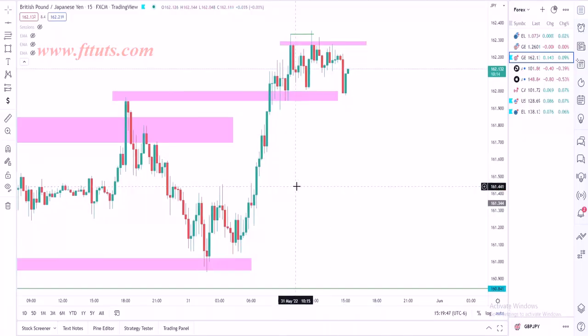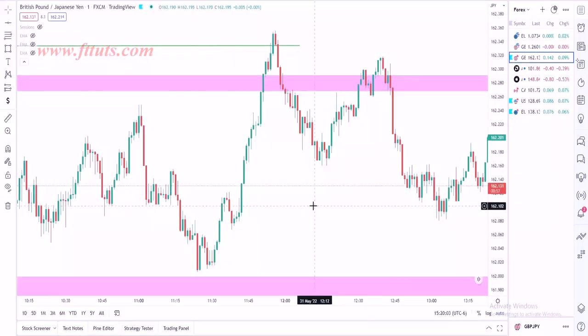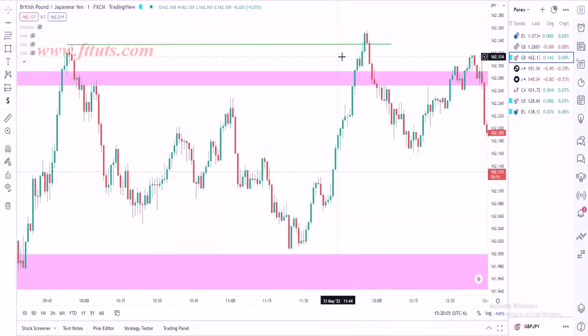Okay, it was right here. So this is our key area. Price made this high point before pulling down and coming right back around to this key area support, and then it pushed back up. But if we drop to the 1 minute, what you'll see here is that when price